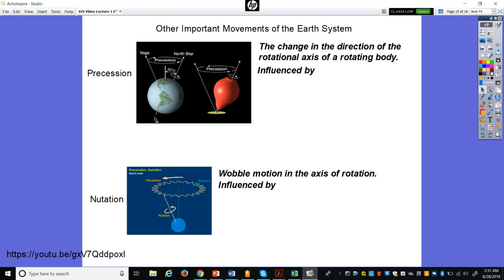So here's our axis, our rotational axis, and here's our rotating body, right? We said day and night, day and night. But what happens over time is that this Earth really kind of moves like a top. It's spinning, but then it kind of gyrates around in a circle. And it creates this precession, this circle up here.